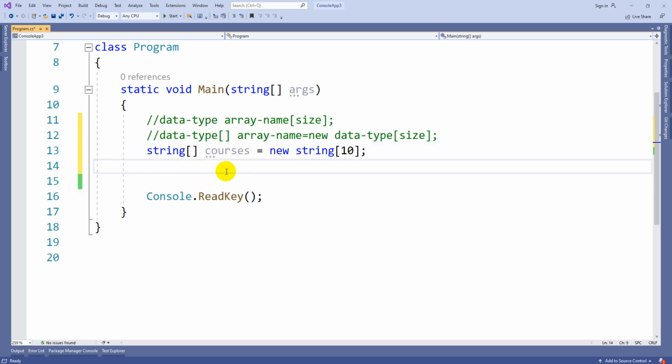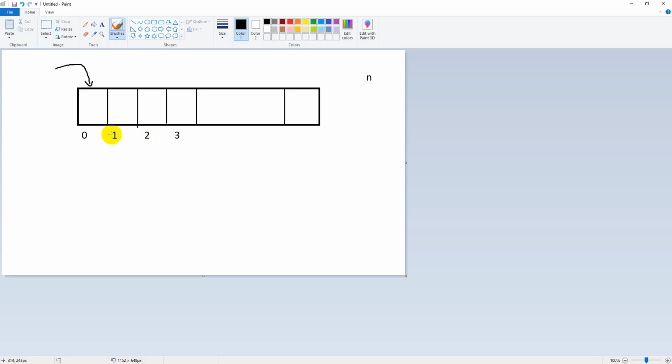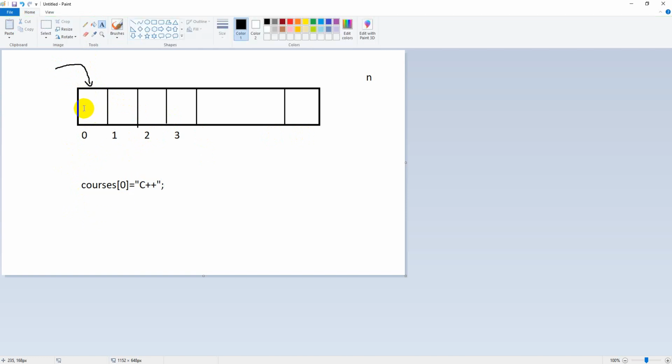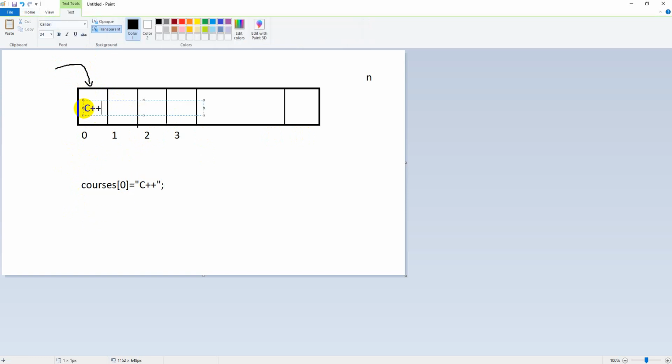Now if I want to store a value, I need to write the code. If I want to store courses of 0, that means at location 0 I save some value like C++, then the value C++ will get saved at 0 location.